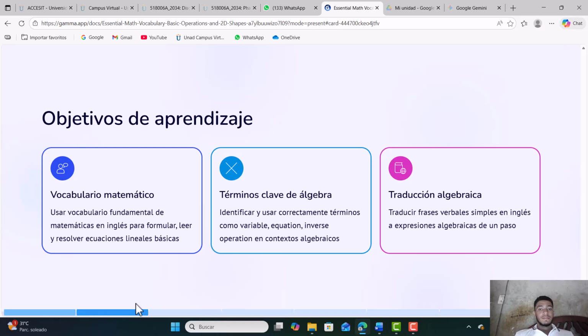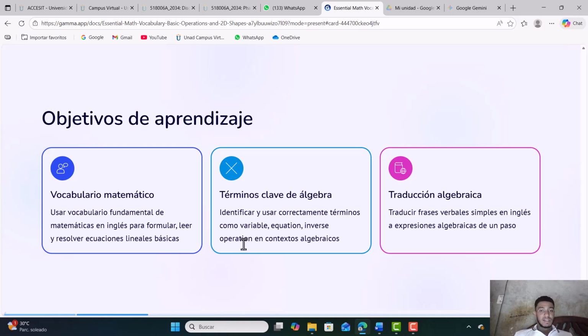Okay, before we dive into activities, it's important to be clearly defined what we aim to achieve today. Our learning journey has three core objectives. Objective one, math vocabulary. We want to build your foundational mathematics vocabulary in English so you can formulate, read, and